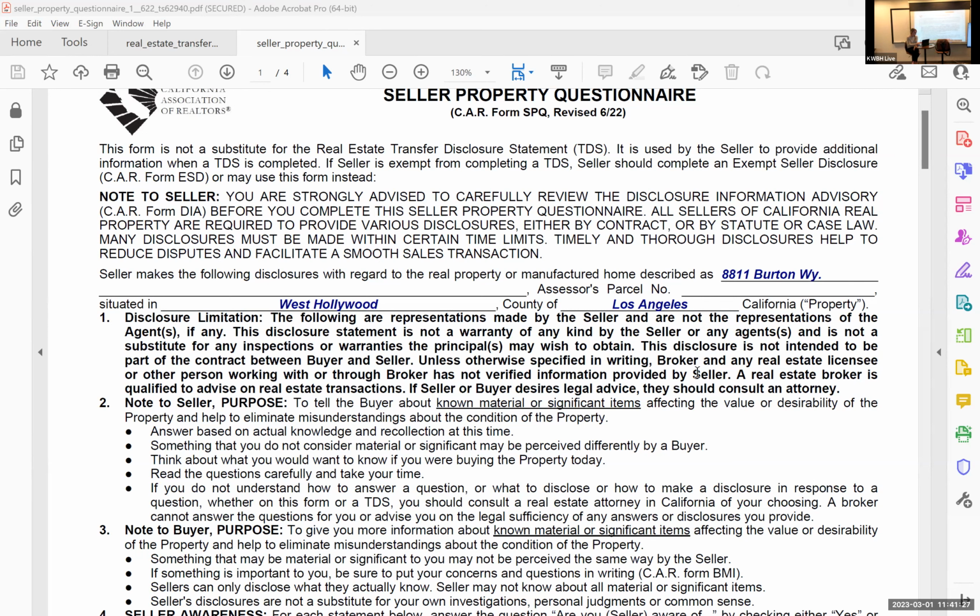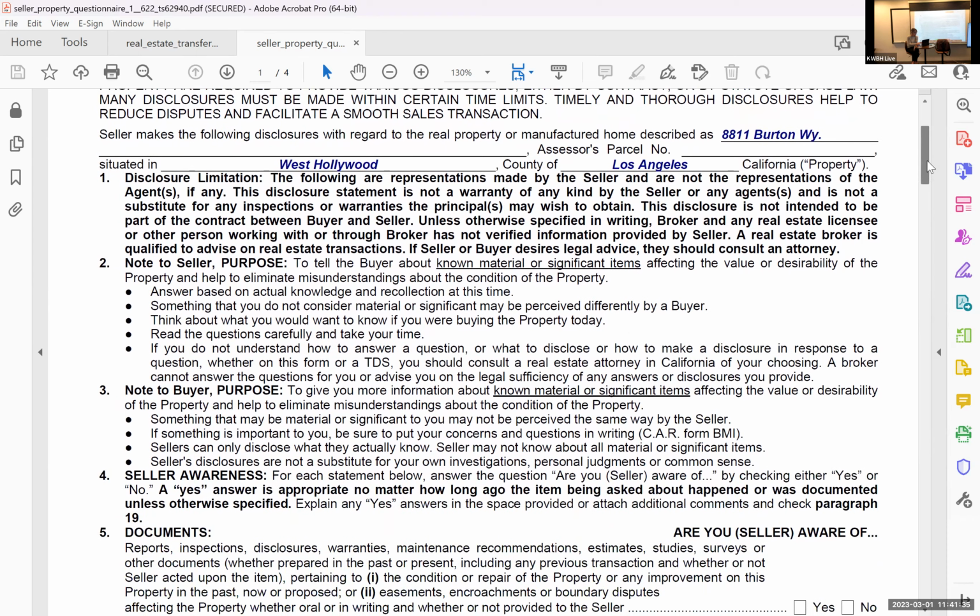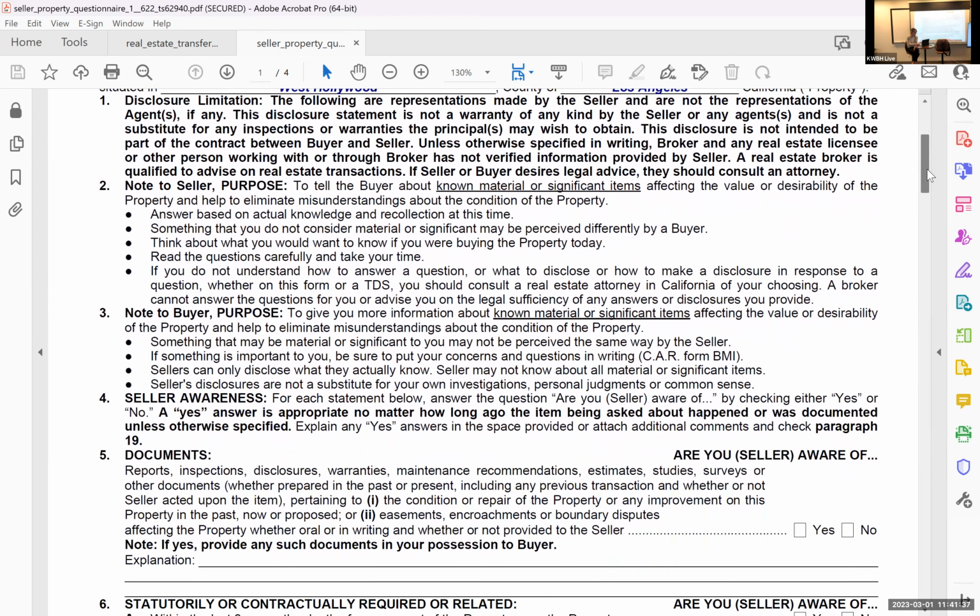Right, now it talks about the limitation of the seller's liability. And it talks about the purpose to the seller, which we've already talked about, which is to disclose and tell the buyer about any material or significant items affecting value or desirability, and eliminate misunderstandings about the property. They can only answer based on their actual knowledge and recollection. If they forget something and they're wrong,